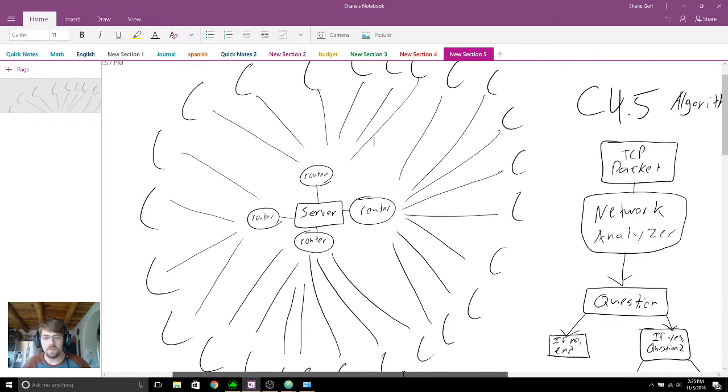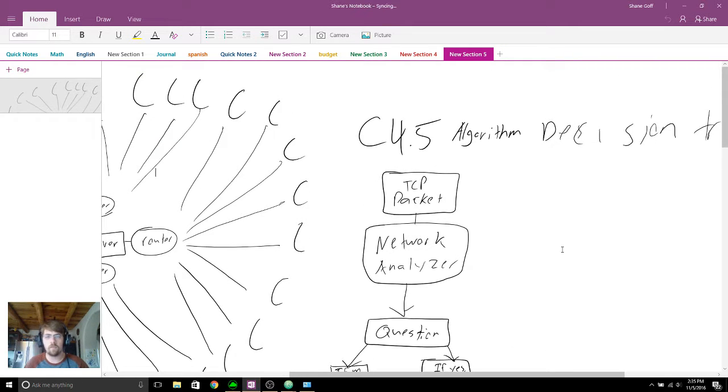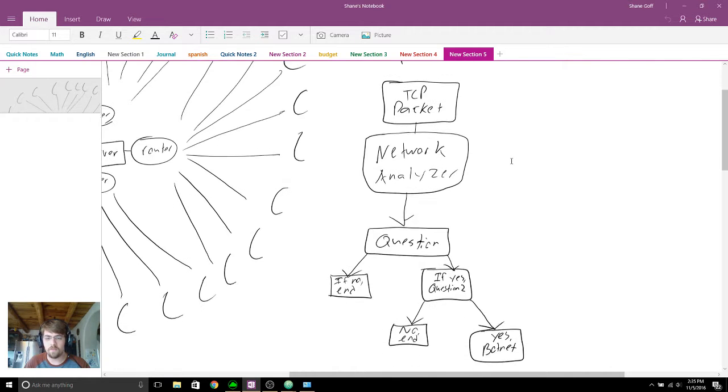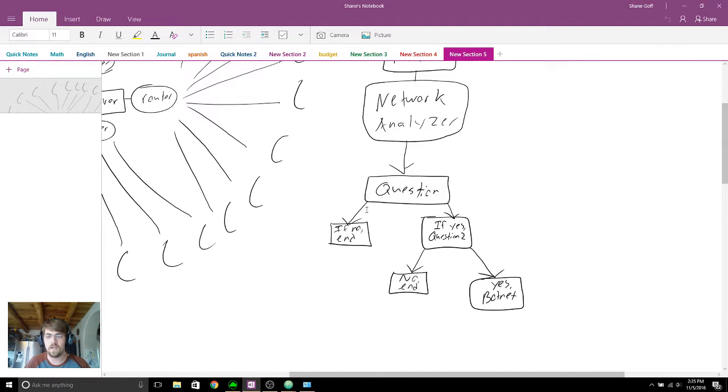So what they've been doing, at least in the paper that I read, is they used a C4.5 decision tree algorithm. It's based off of an earlier algorithm that the same person wrote for this. What they do is they take their TCP packets and they run it through a network analyzer. I don't remember what the program is called, but they analyze all of these packets that come in, and the decision tree poses a series of questions, and each time there's an answer, it's a machine learning method that goes down the list and basically decides.